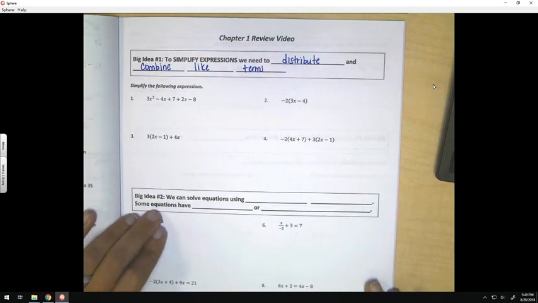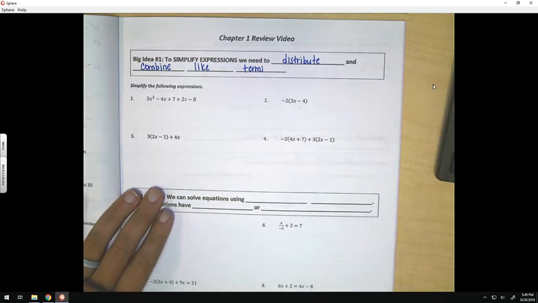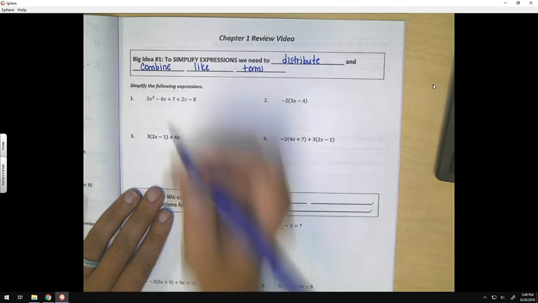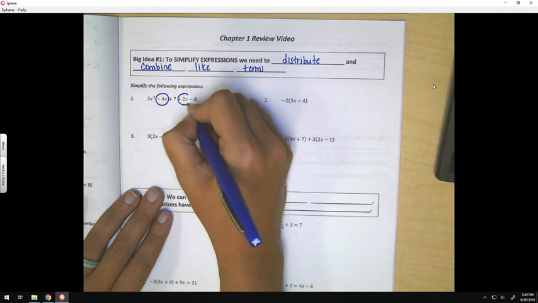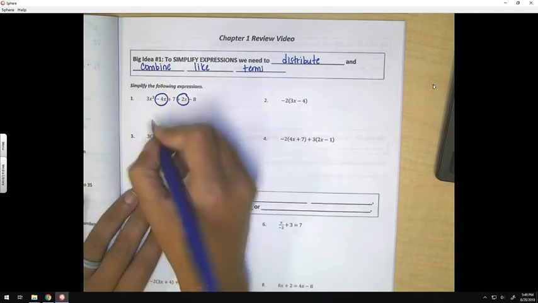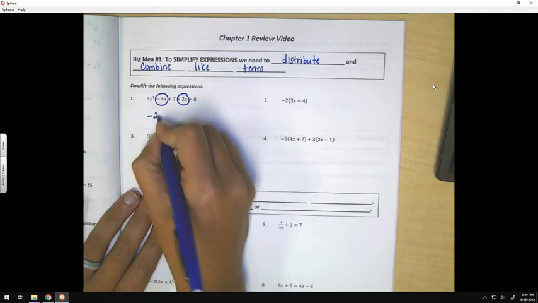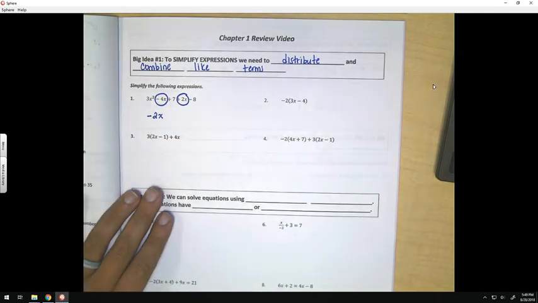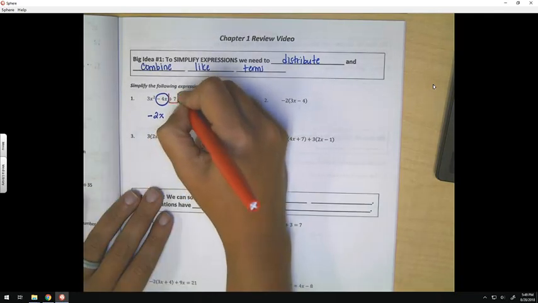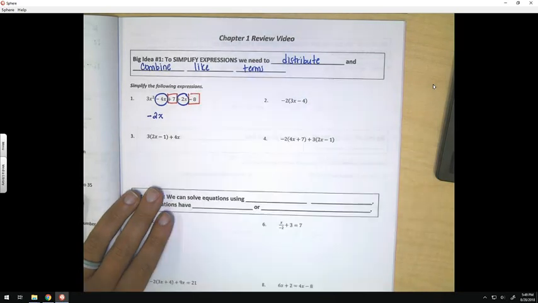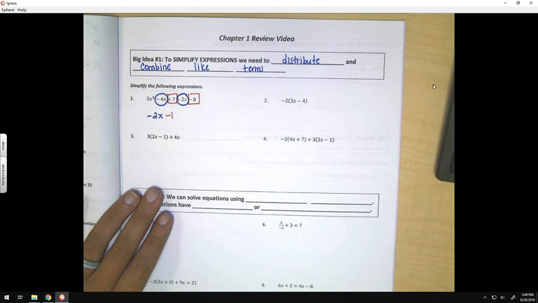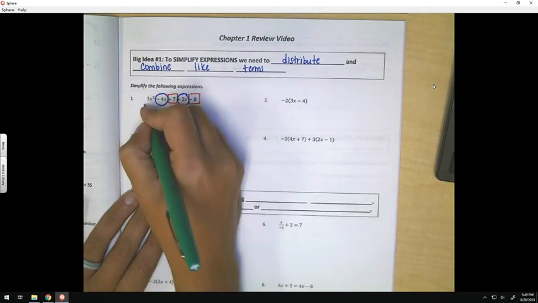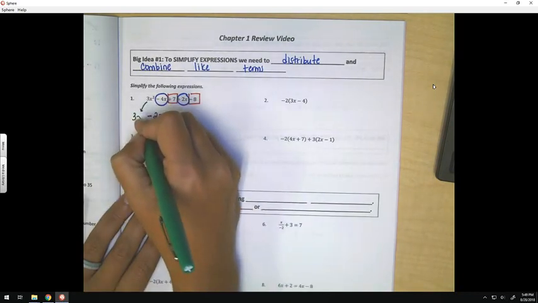So for number one, I'm just going to circle the like terms because there's nothing to distribute. There's no parentheses, so I'm not going to distribute. So my like terms here would be negative 4x and positive 2x, which when I combine those, I get negative 2x. I also see that there are like terms 7 and negative 8. 7 minus 8 would give me negative 1. Now, since the 3x squared doesn't have any like terms, I'm just going to drop that down,